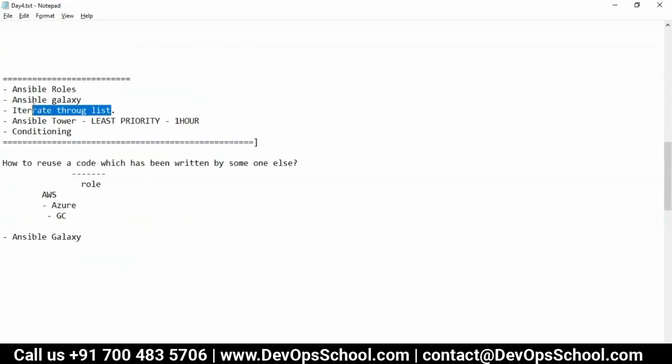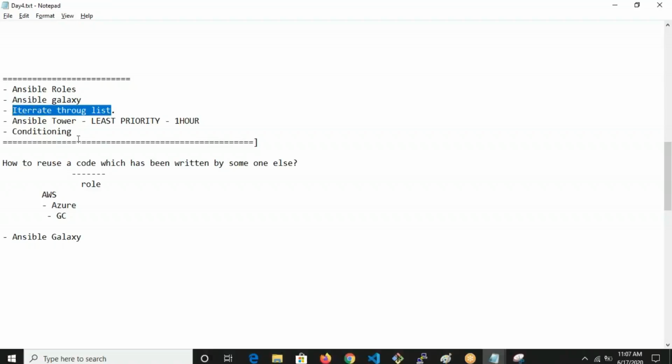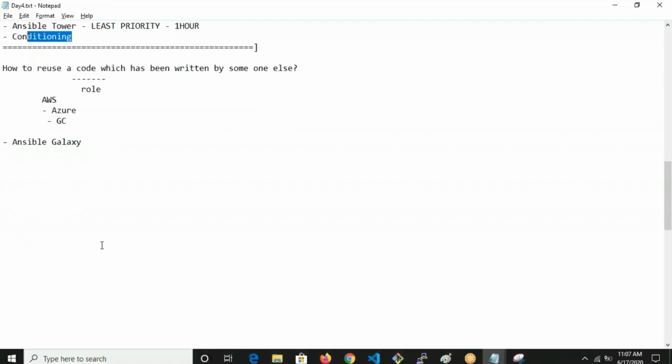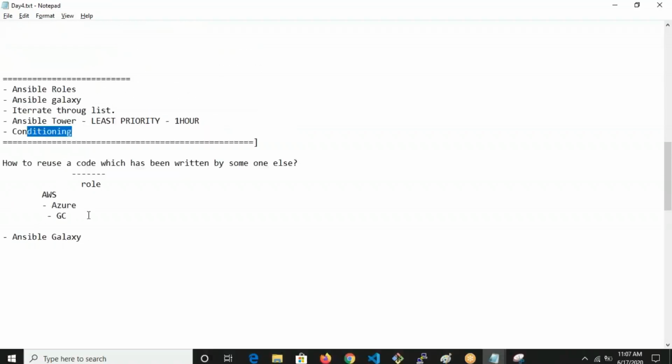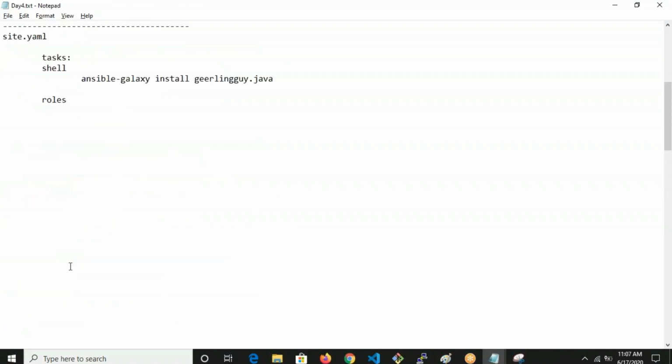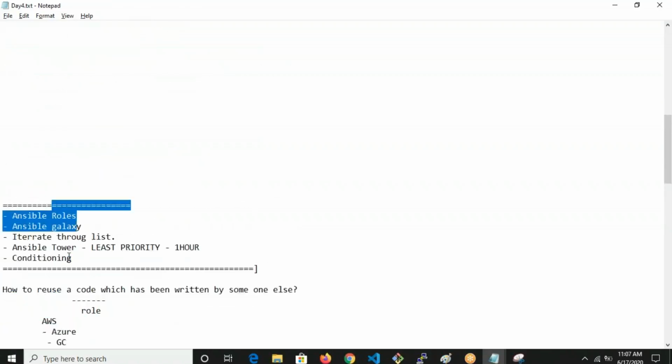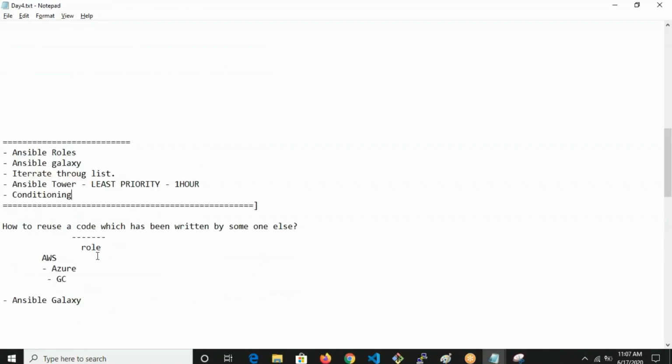After that, we'll go through some small topics. I'll give you an example for it. Something about Ansible Galaxy is covered; I'll just check the list and go through it. That way it will benefit you also. So anything which is missing, I will keep covering in the same format.